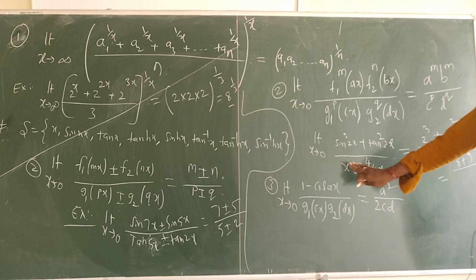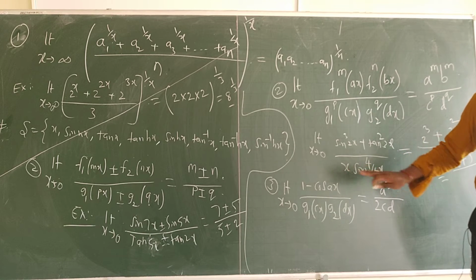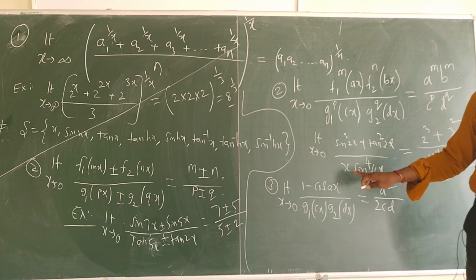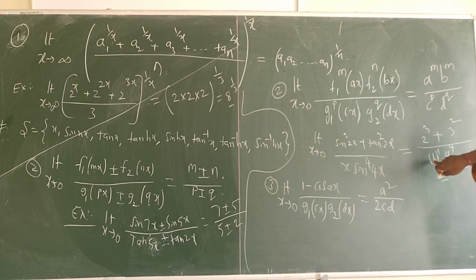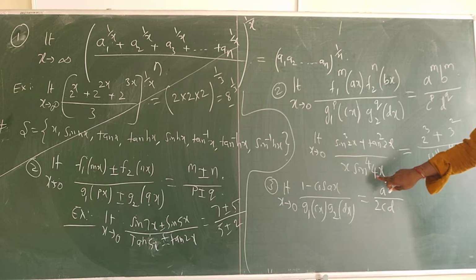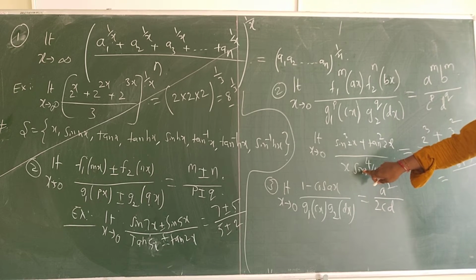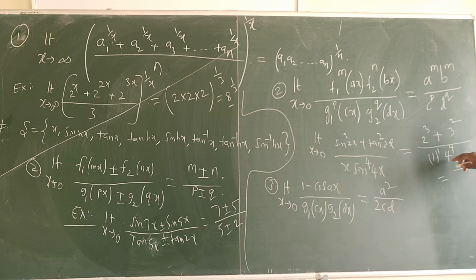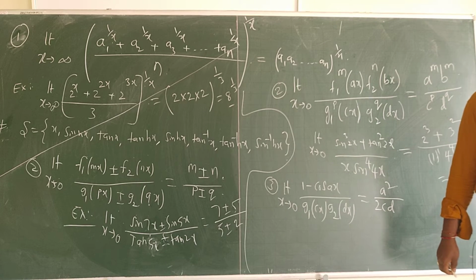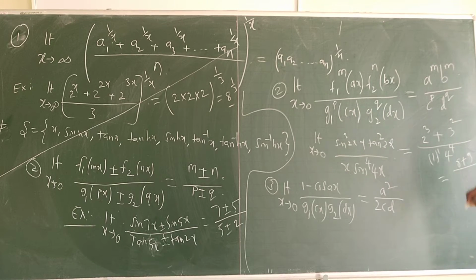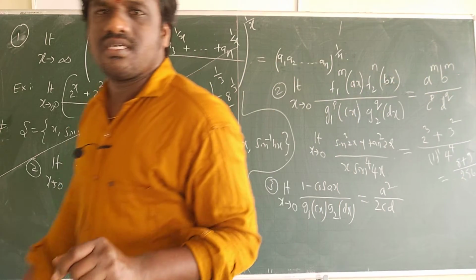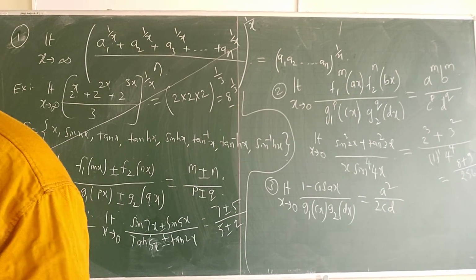This is the answer. But here x is there, this is the only point I want to discuss. Here x is there, not inside the sign of something, so that time you will take 1. But this one has 4x, so this is d and this is the power. D power 4, 4 power 4. So 4 power 4 means 4 fours are 16, 16 fours are 64, 64 fours are 256. So 17 by 256 is the answer for this one. Understood what I said?